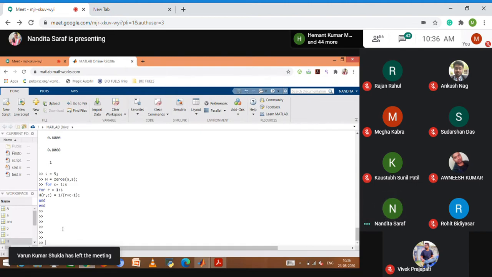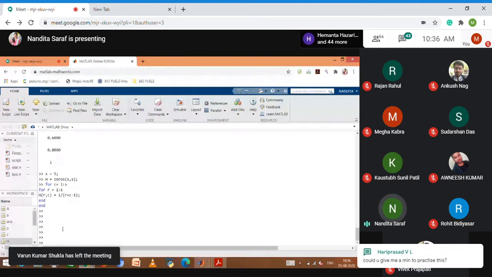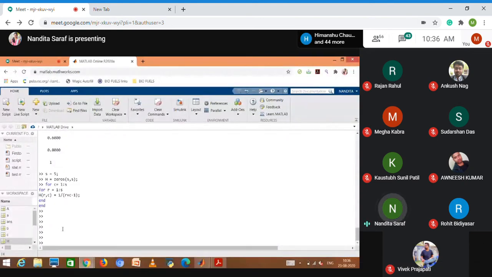For the for loop, I have specified how many times you have to keep on executing the loop. But for the while loop, I have to specify the condition. If that condition is true, it will keep on executing the loop. As the condition is false, it will stop executing the loop. This is the only difference between the for loop and the while loop.